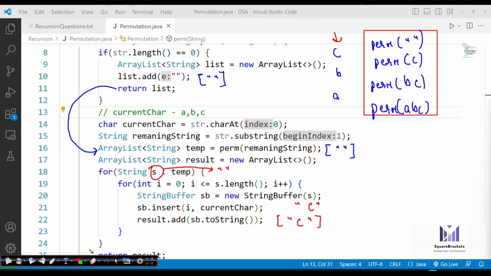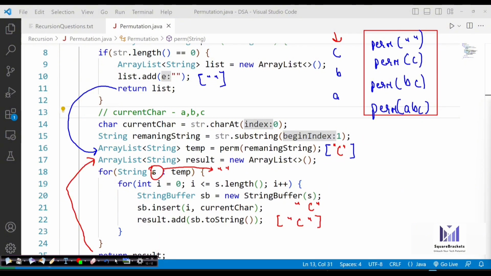So now if we return the result, we will return the result back to the temp. So now what will temp contain instead of this? It will contain C. Okay, it is going to contain this data. Now, we know that we have the C character available inside our string.